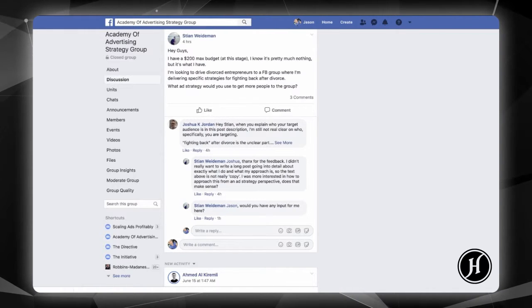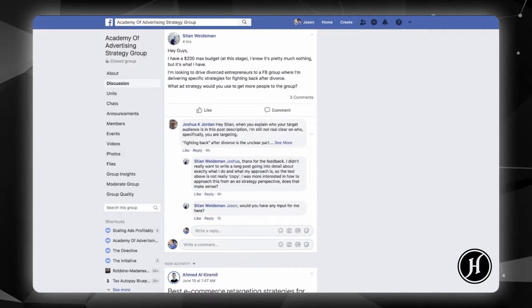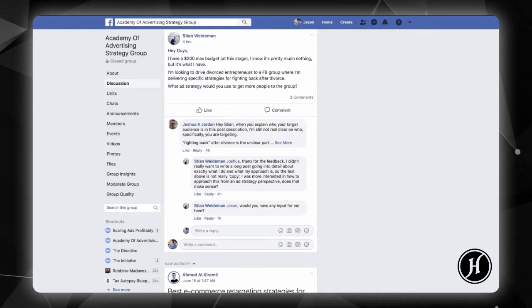Now you've got to have some kind of reason why they should join the group, which is what Joshua here is getting at. That's what's unclear from all of what you've provided, because I can't go into any detail on what I would say or offer to get people into the group. I just don't know enough about what specifically you're doing or exactly who you're going after. But there's obviously got to be some reason that they would want or need the information that you're providing in the group.